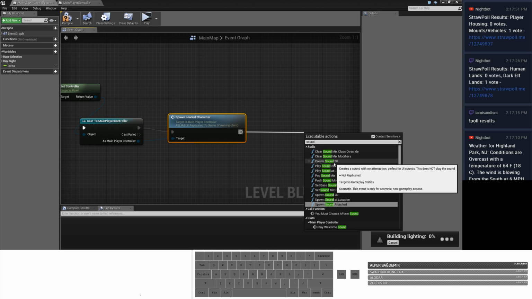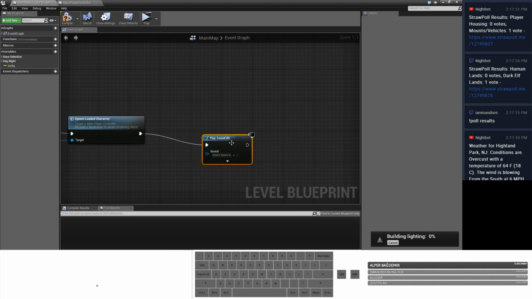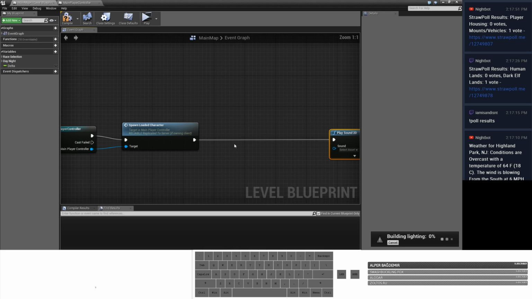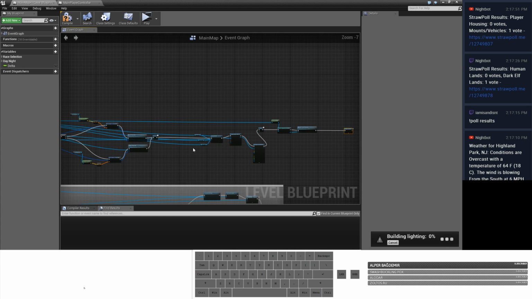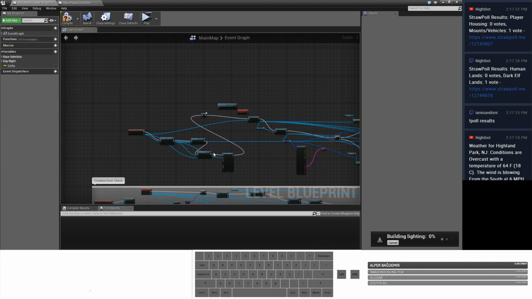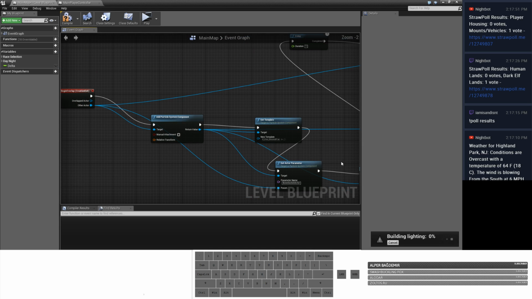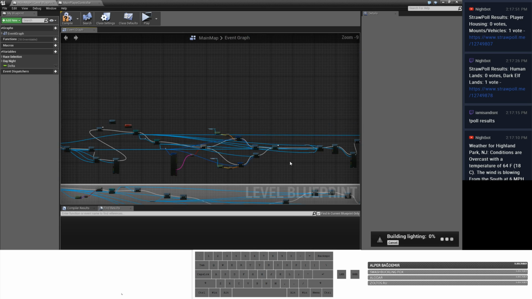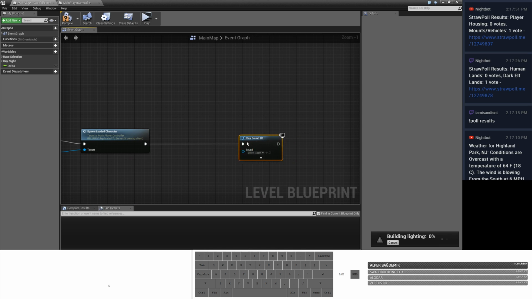Alright, after this whole thing is done, I want to create sound 2D, play sound 2D. I'm wondering whether this will play on server or how any of this is going to function on multiplayer, so we'll test it out.